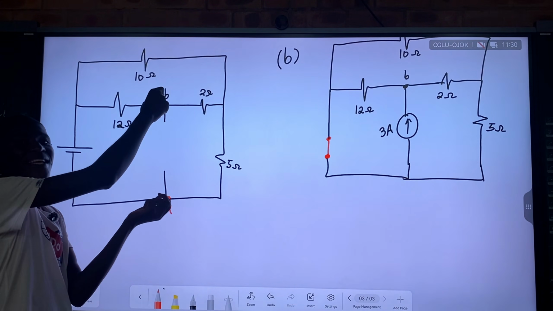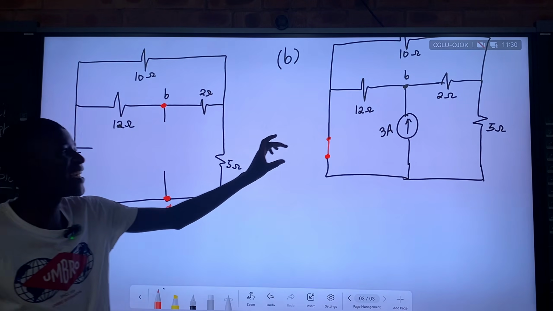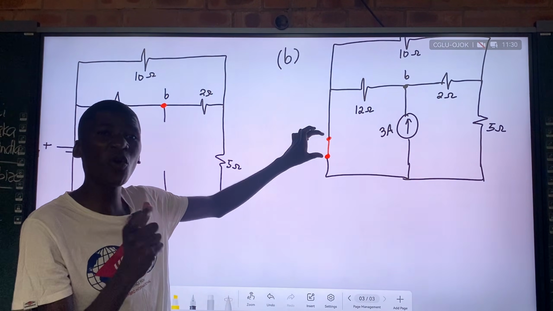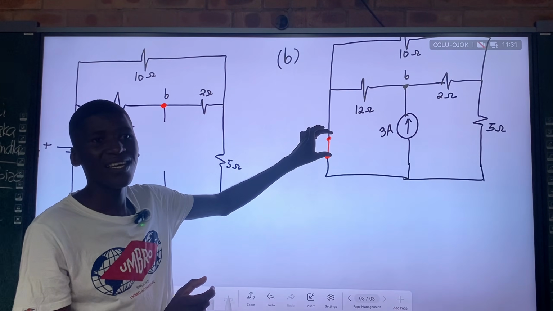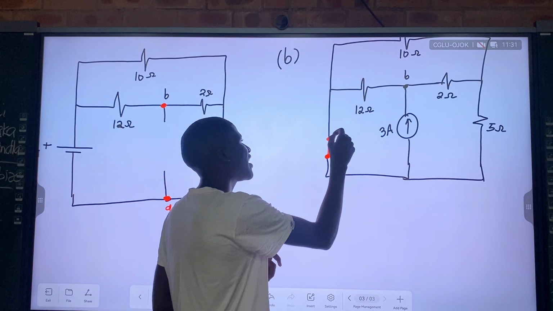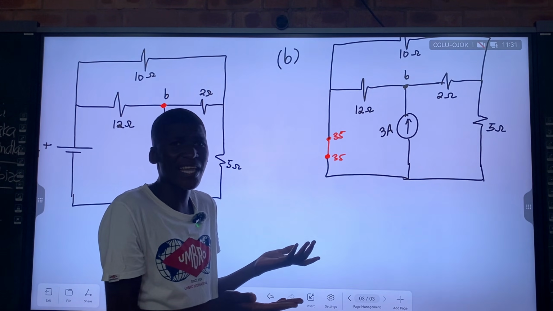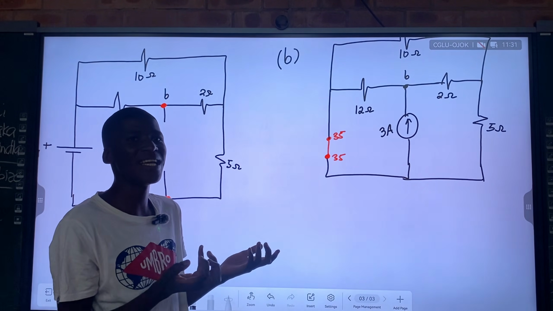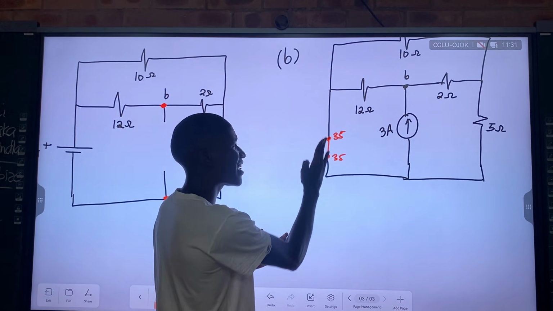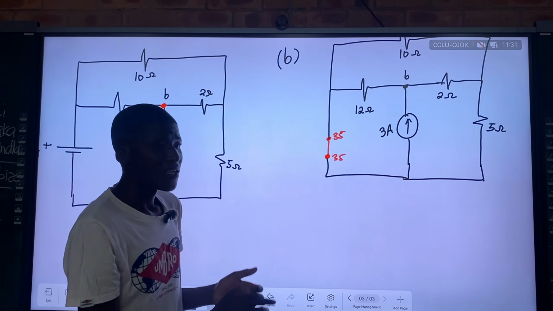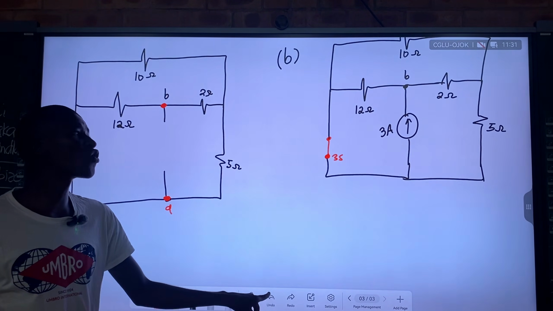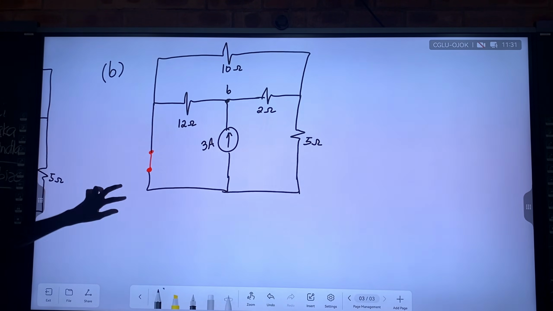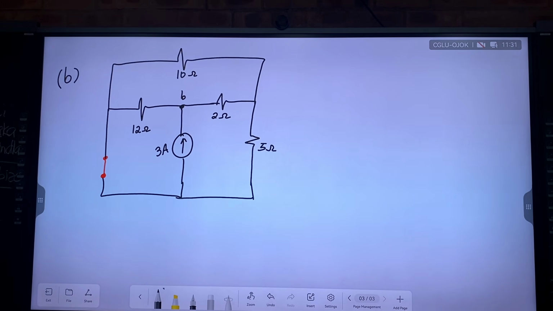But for a short circuit, there is no resistance in between, so there is no difference in potential. The potential here will be 35, here also will be 35, because there won't be any resistor to cause a voltage loss or to suck off the energy. It is the same energy that is traveling, ignoring the negligible resistance of the wires, of course, because we pretend that they have an infinitely small resistance. Yes, Warren? All right.